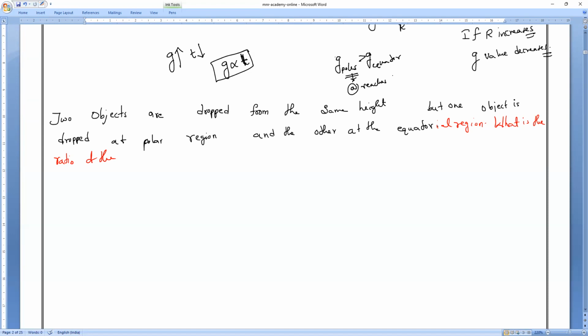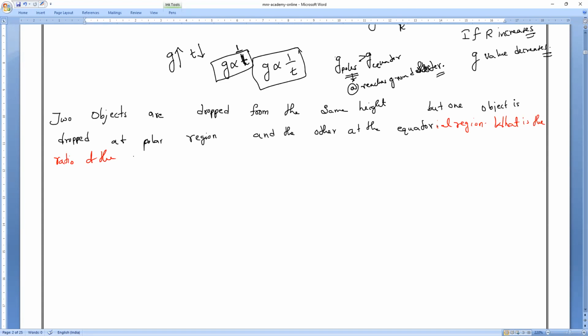Sir, you have written gravity is directly proportional to time. Yeah, inversely. Gravity is inversely proportional to time period. Sorry. Okay, everybody, where will it reach the ground faster, at the poles or at the equator? At the poles. Understand? Now they're asking what is the ratio